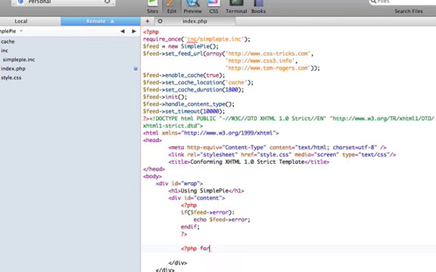For each, and then we're going to do our thing. So we're going to say for each thing in the feed object,